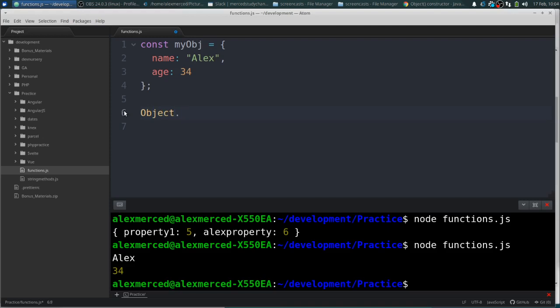So object dot, well, first we need to store these, so we'll say const keys equals object dot keys my obj. What this function does is take this object and make an array of the keys. So it'll be like name, age,